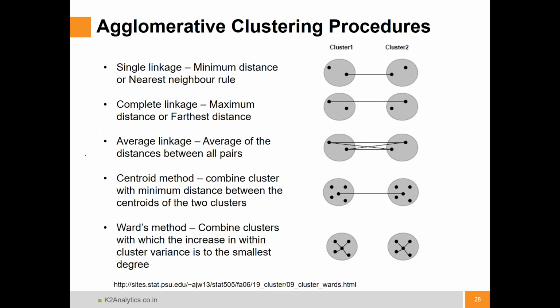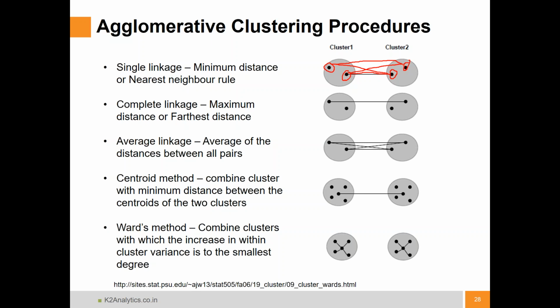The single linkage algorithm says minimum distance, or the nearest neighbor rule. For example, I have cluster 1 and there are two records in this cluster. I have cluster 2 and I've got two records in this cluster. I'll find the distance of this record with this record, so I compute this distance. I find the distance of this with respect to this. I find the distance of this point with respect to this point, and I find the distance of this with respect to this. And of the four distances which are computed here, the distance which is the minimum,